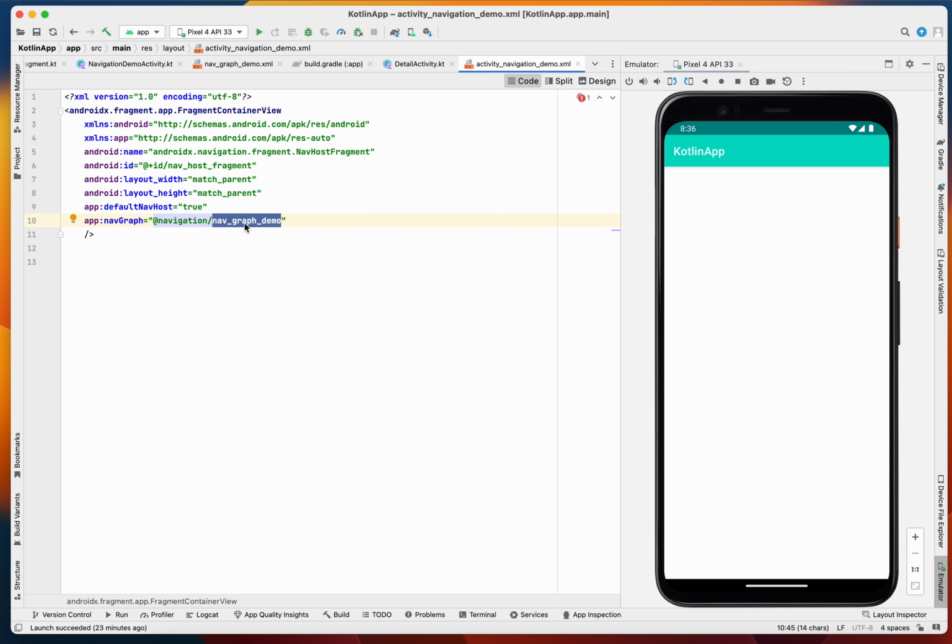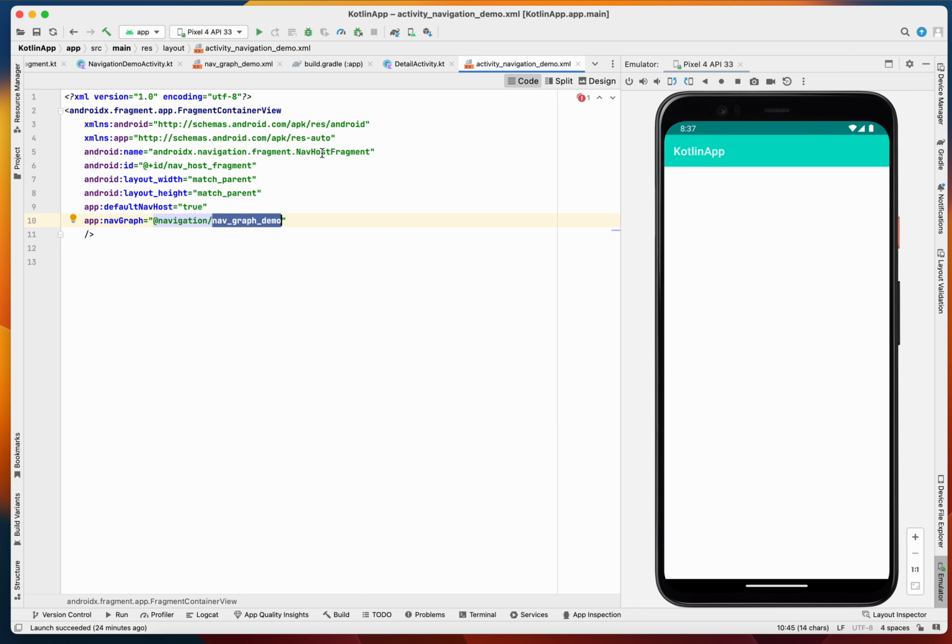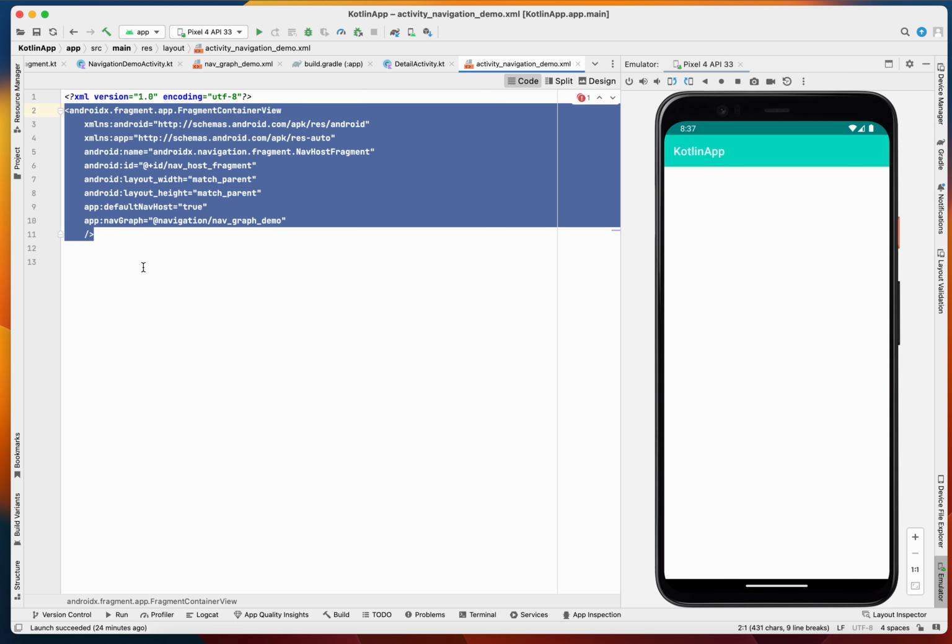So you can have more than one nav host fragment in the layout for controlling two or more areas. In the same layout we can have more than one navigation host fragment. So this is our navigation host fragment, and in our layout we can have more than one navigation. So I can add one navigation and also another one